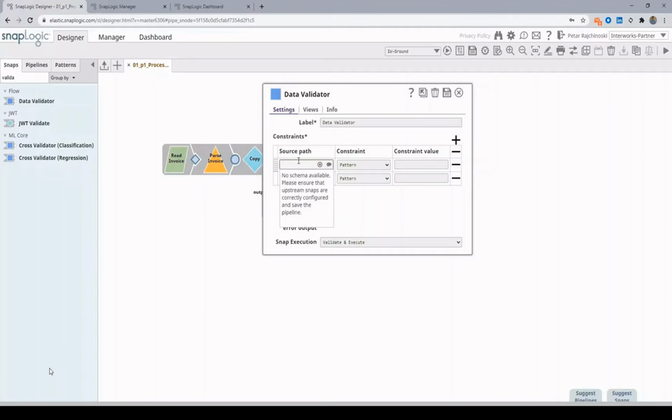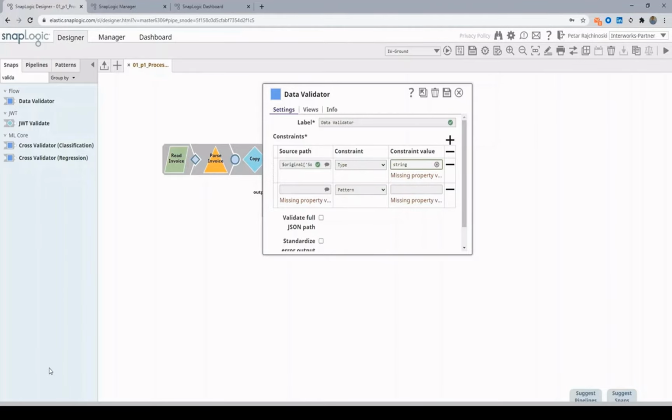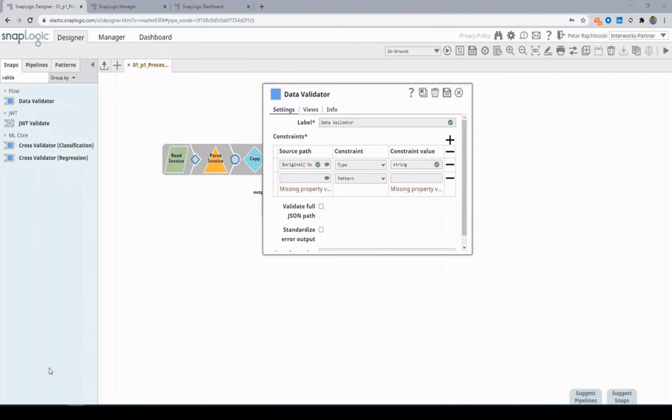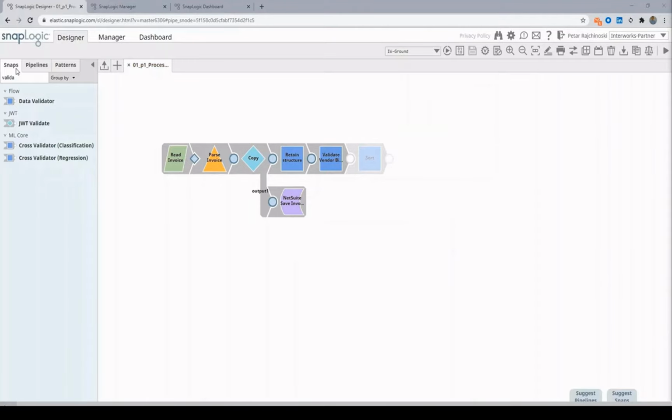So we are using the data validator to define the constraints and constraints values. So we have for example pattern type, max, min, and other constraints, and it is really making the data validation really fast and easy. You can see that you just need to add few fields, and that is all you need to validate the data.